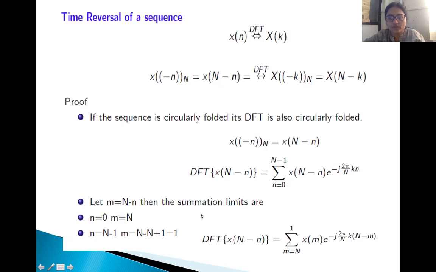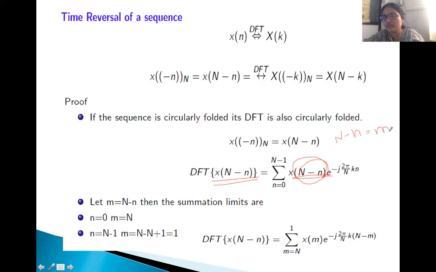So this is the sequence where we have applied the DFT. So for this sequence, DFT we have applied. So summation, this is the sequence which we have represented, for which I want to find out the DFT values. Next, what I did, I have substituted for this. What I have substituted, capital N minus n is substituted for m.